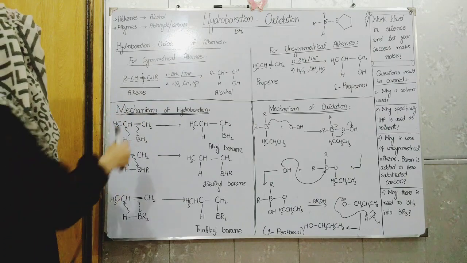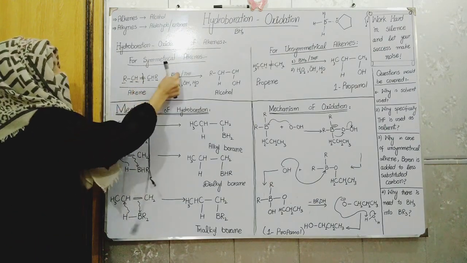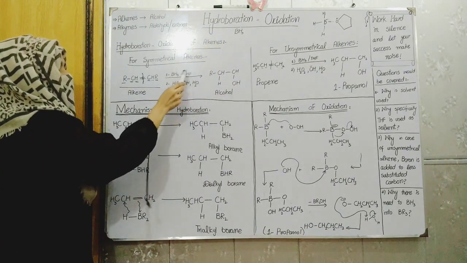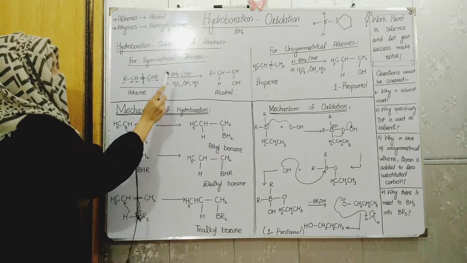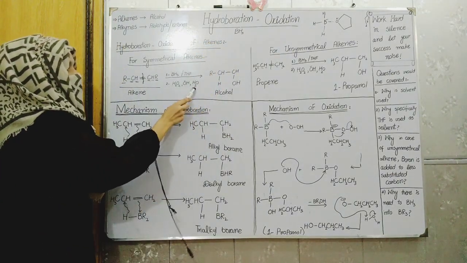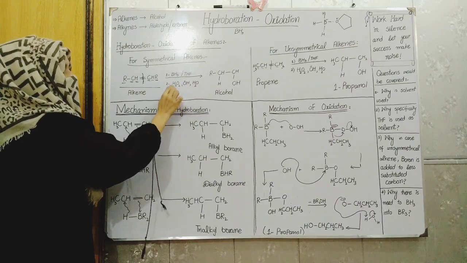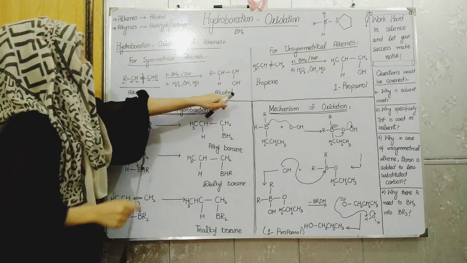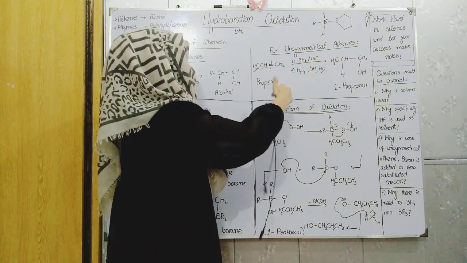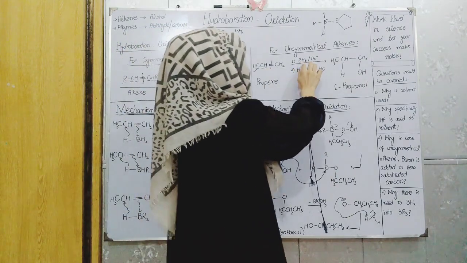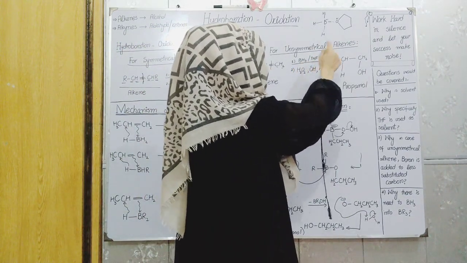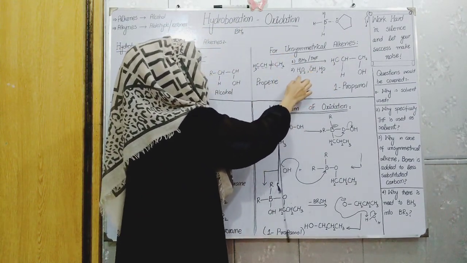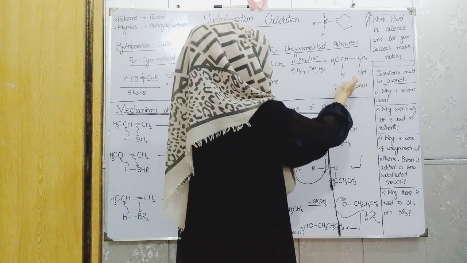So in the hydroboration reaction, in the first step we add boron, as I said hydroboration is the addition of boron, and also add the solvent THF, and in the second step, for the oxidation reaction, we add an aqueous solution of hydroxide and hydrogen peroxide, and we get the desired product. I said that in the case of alkene the product will be alcohol, and the same for unsymmetrical alkenes: in the first step we add boron and the solvent tetrahydrofuran, and in the second step for the oxidation we add the aqueous solution of hydroxide and hydrogen peroxide, and we will get the desired product, that will be alcohol.